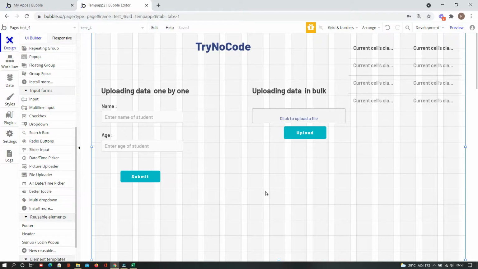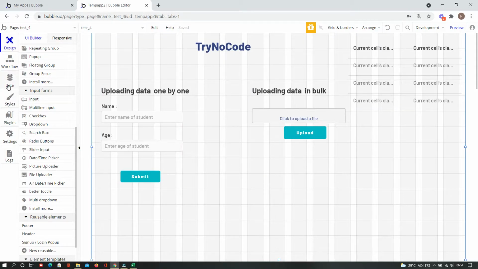Suppose you are having 500 entries which need to be done from the front end. If you are going to enter those 500 entries one by one, it will be taking a lot of time and effort to just put those 500 entries into your table. On the other hand, if you just upload those 500 entries as a CSV file, it will be taking like 3 to 4 seconds. So that is the main benefit of uploading a CSV, which is time and effort. You will save a lot of time and effort.